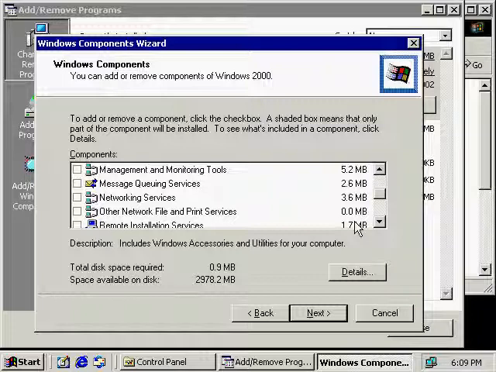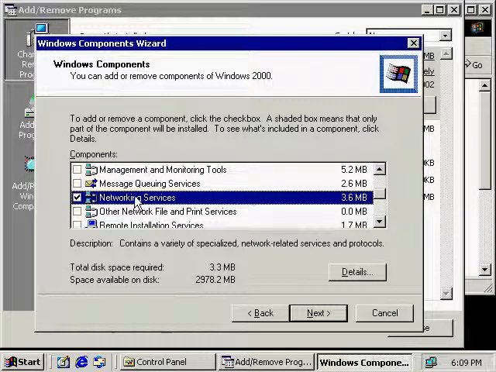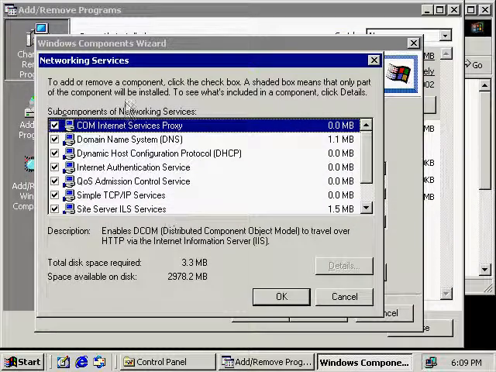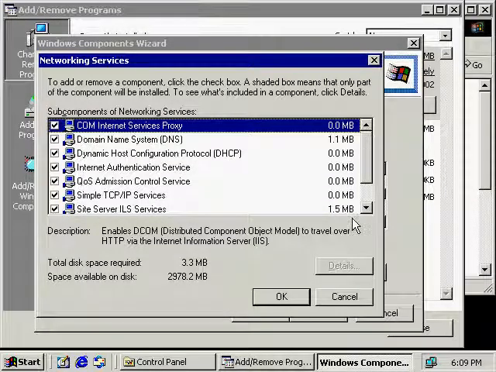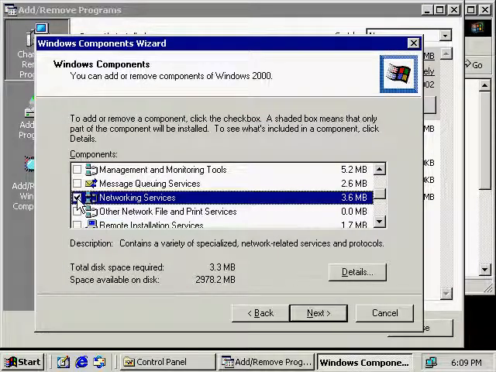Here's my first gotcha point to remember. I have had some students before click this checkbox, and when you click this checkbox, be aware of what happens. It installs all these sub-services underneath Networking Services, and that's not what we want. Installing all these different services usually causes a lot of problems on your server, so you want to avoid doing that. So what I'm going to do here is cancel, uncheck this box, and there are two ways of getting into